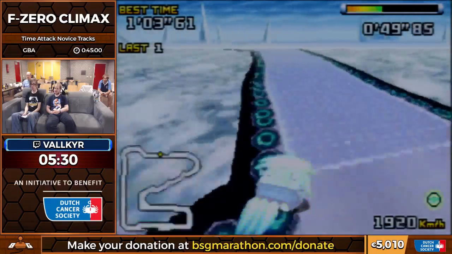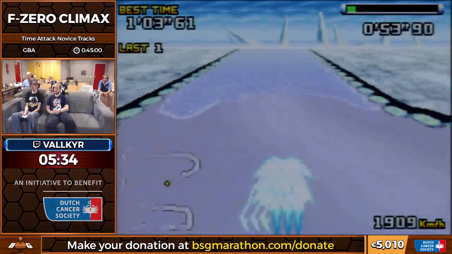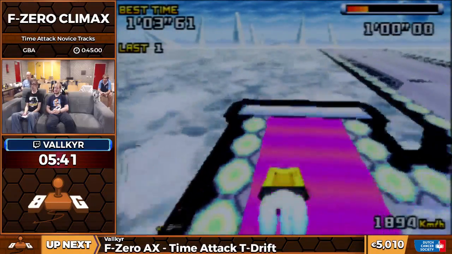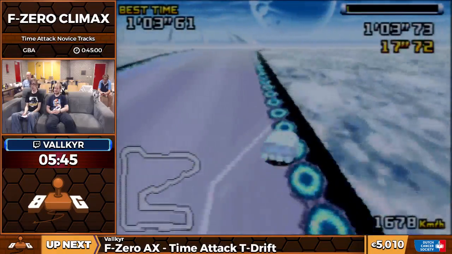Also for this track specifically, you also see that there's ice on the track, so you also need to watch out here, because obviously your machine handles differently on ice, even though it's a glider. Yeah, like when you're on ice, you basically want to be...